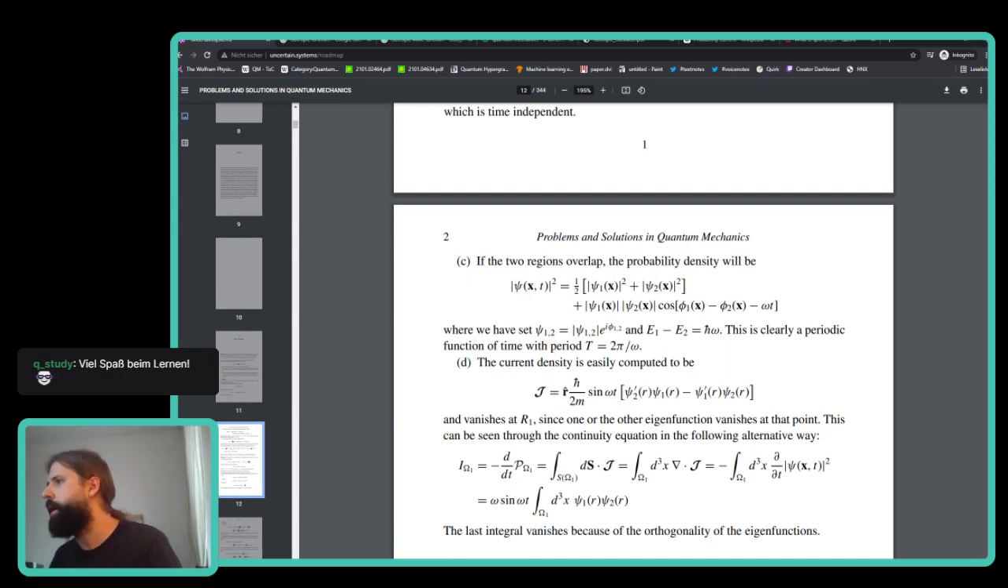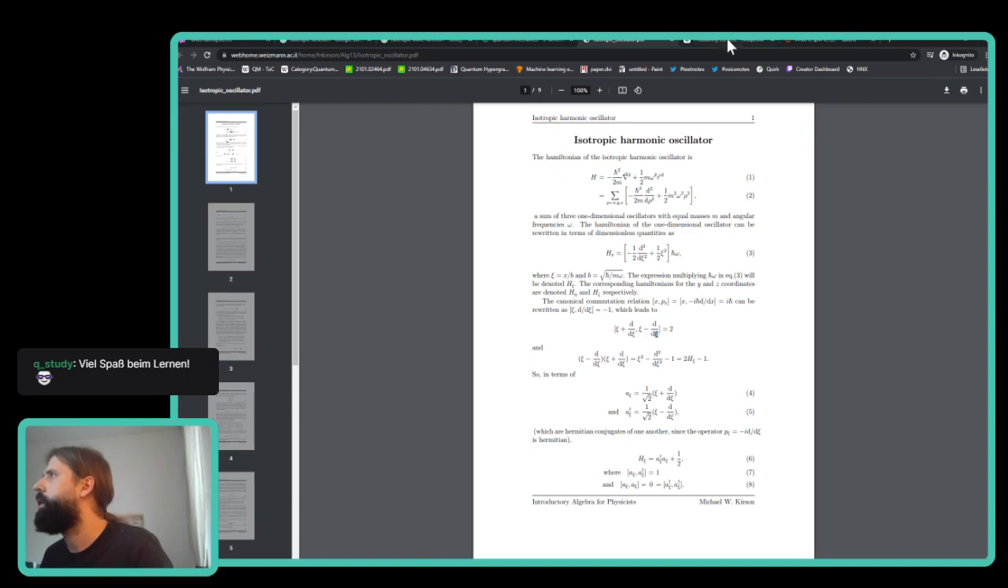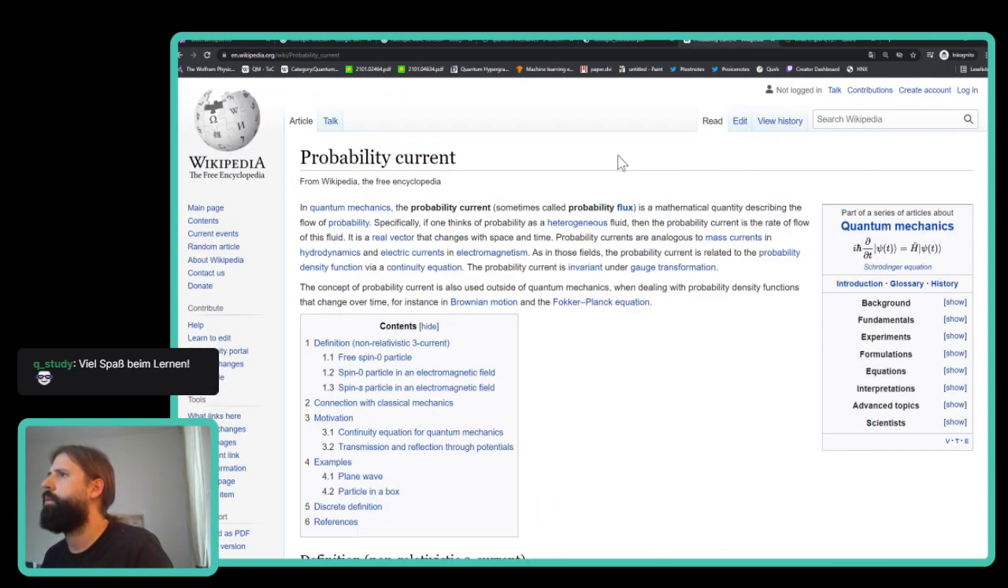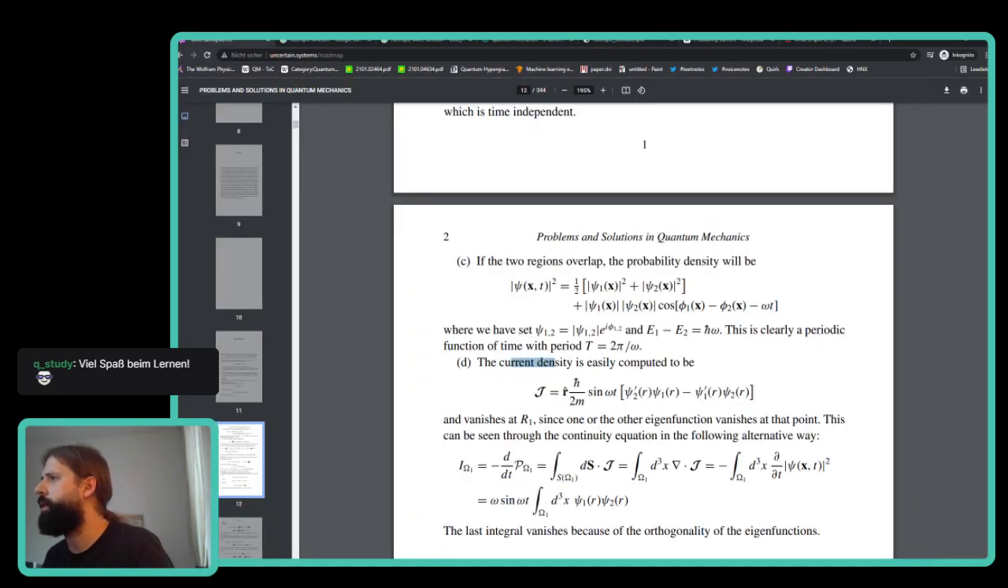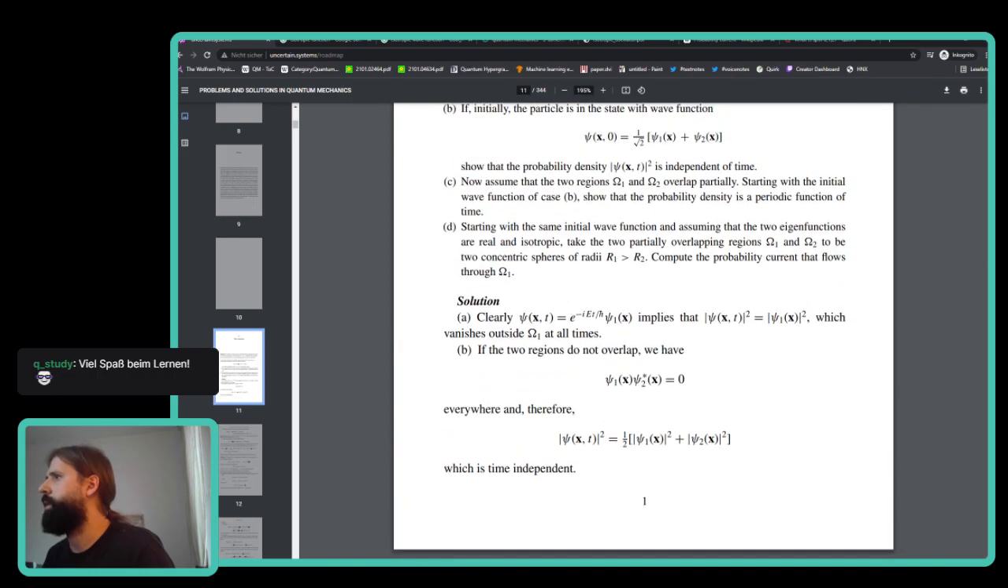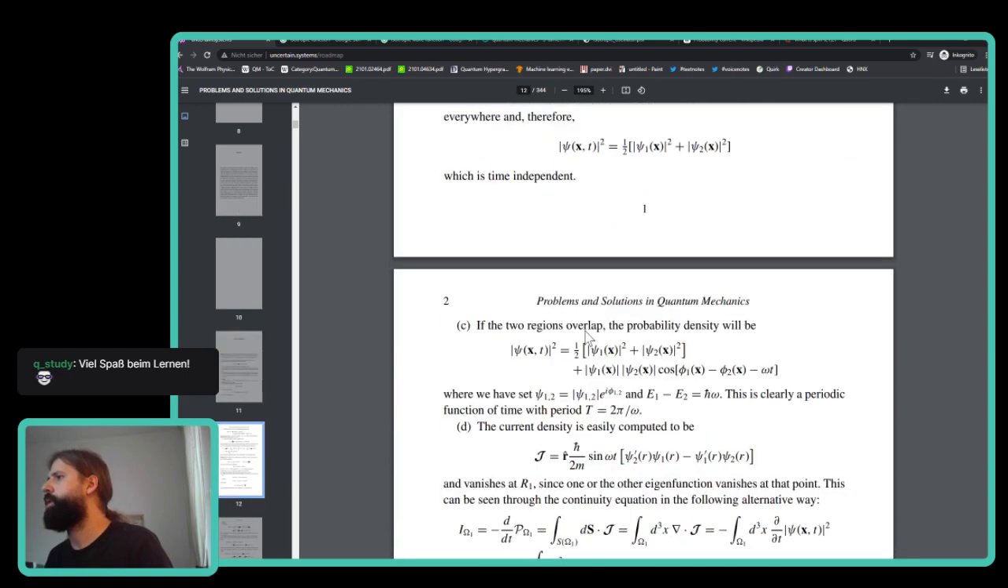I'm curious to know where and how I just found out that this is the current density formula. Why isn't it like probability current? Maybe I'm looking at the wrong thing. The current density. No, this is a probability current, right? Flows through, yeah. Compute. Okay, so